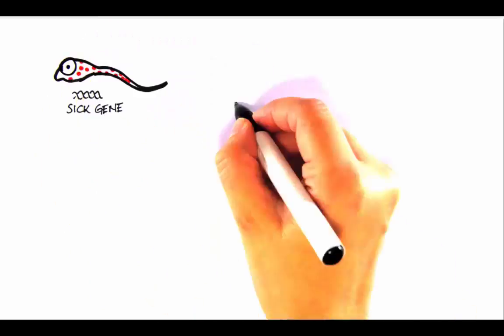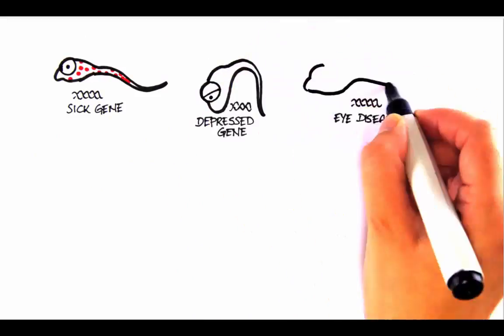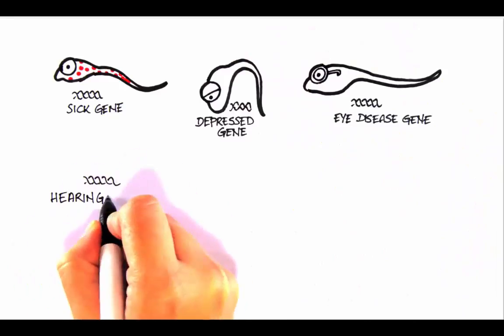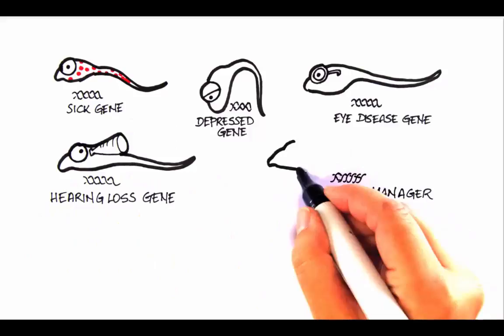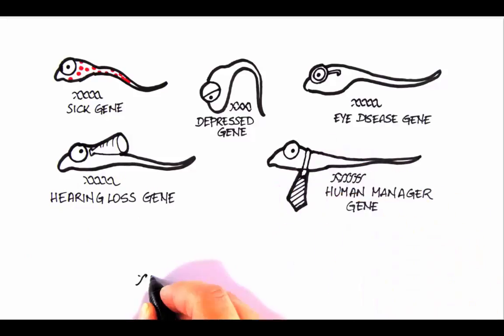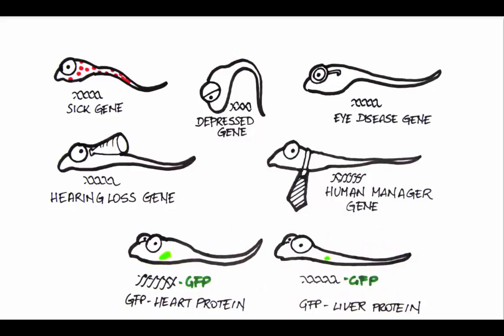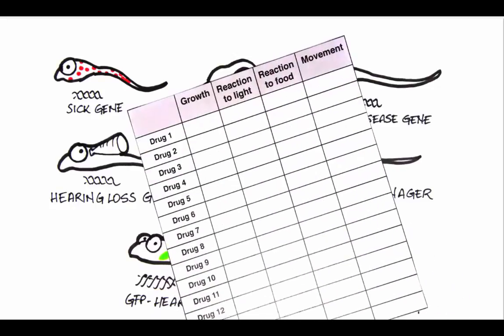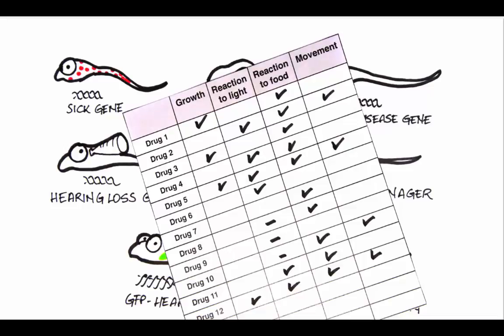Moreover, in the last 2 years, many methods have been published that simplify the genetic engineering of zebrafish. You can simulate human diseases by gene mutations, or human genes can be put into zebrafish to see how potential medicines work on those proteins. Targets of interest can be genetically tagged with fluorescent proteins to track the effects of compounds visually through the larva's transparent skin. You can generate large databases containing effects and side effects of known drugs that can be used to